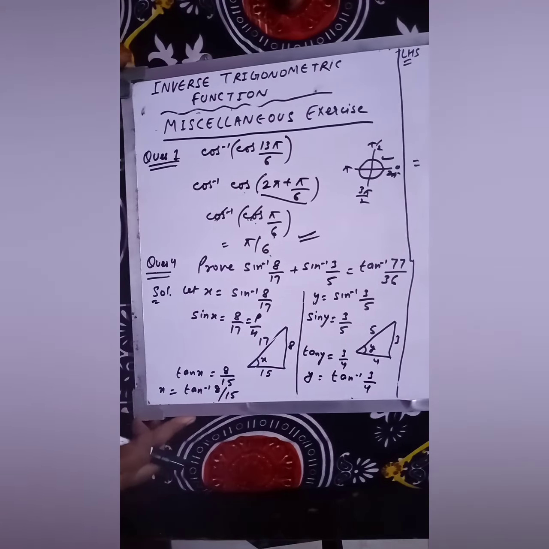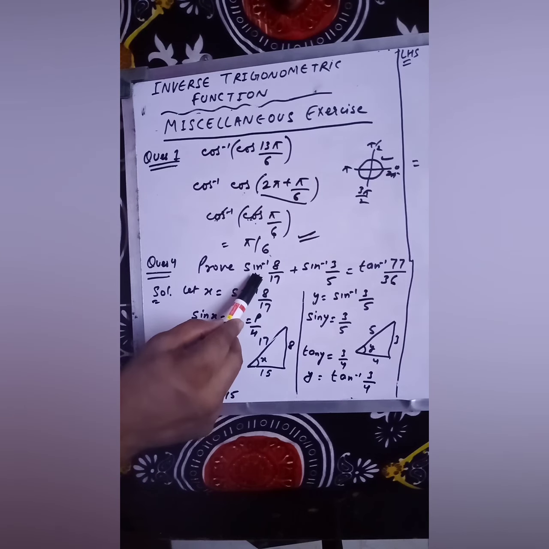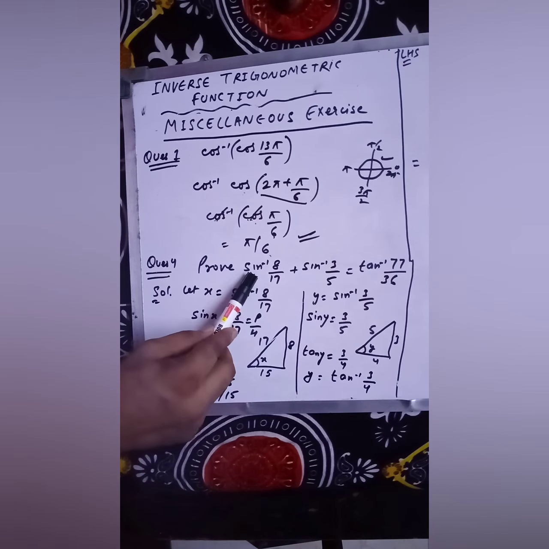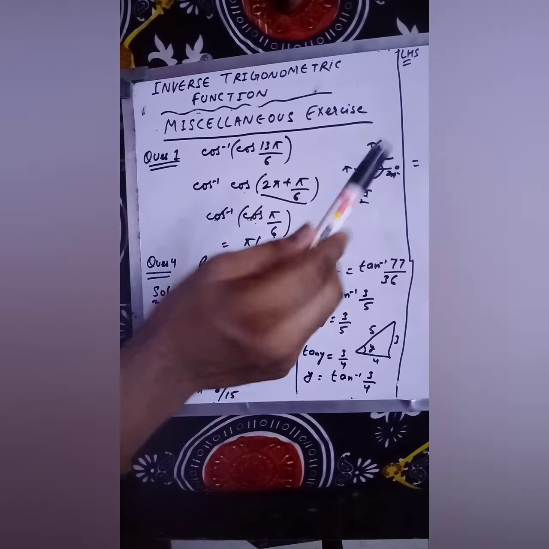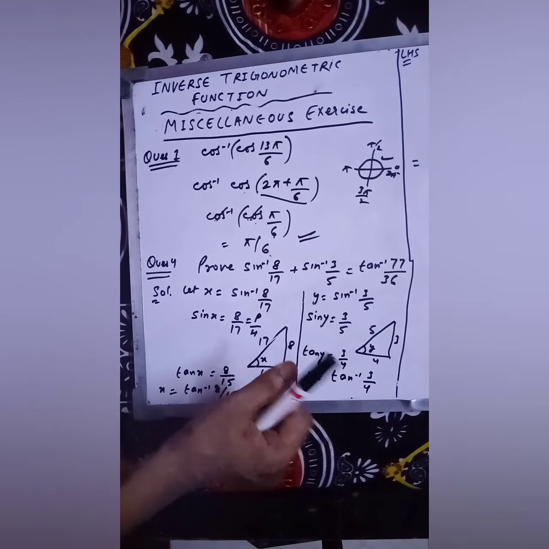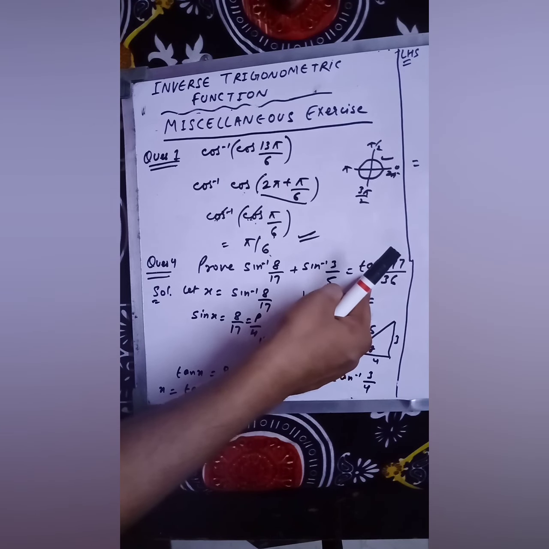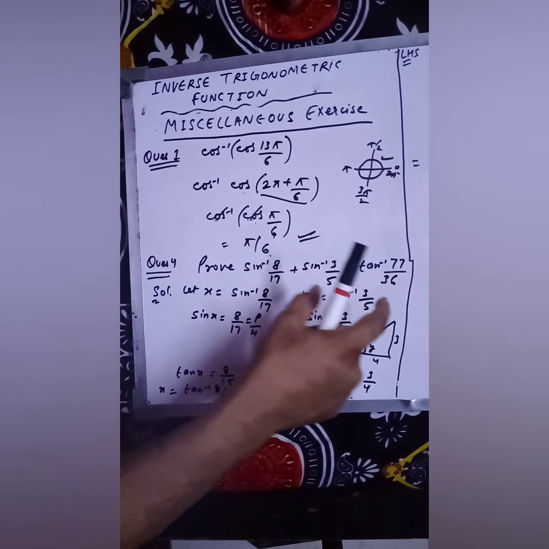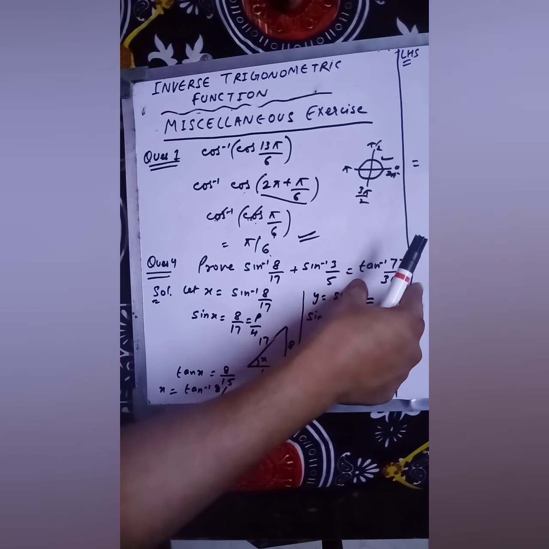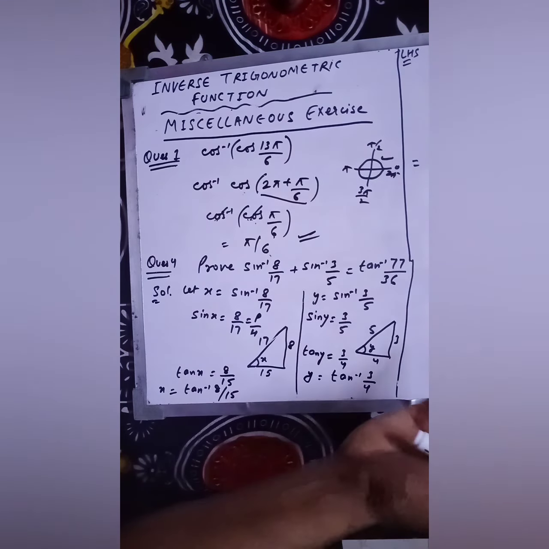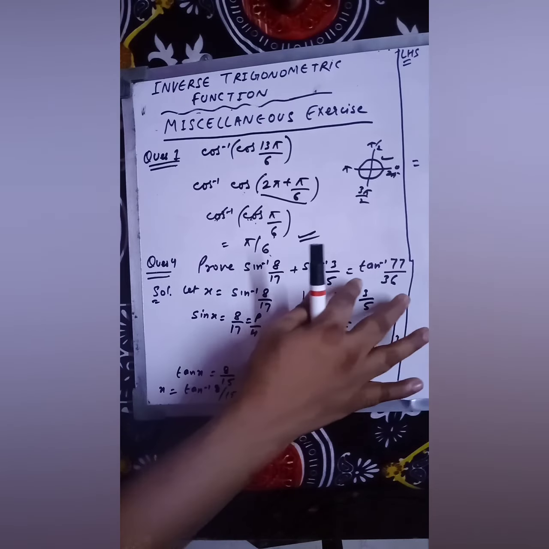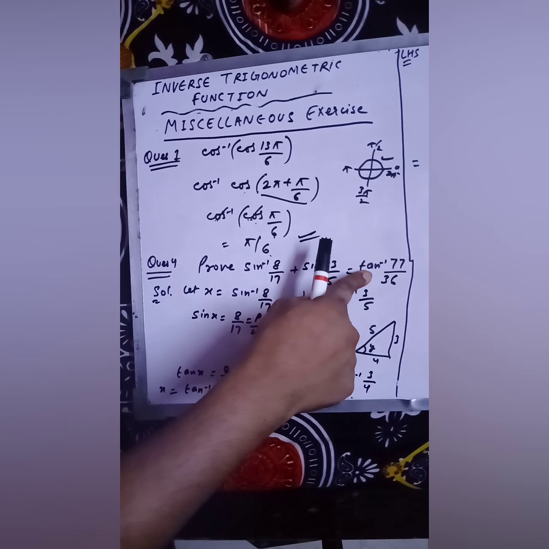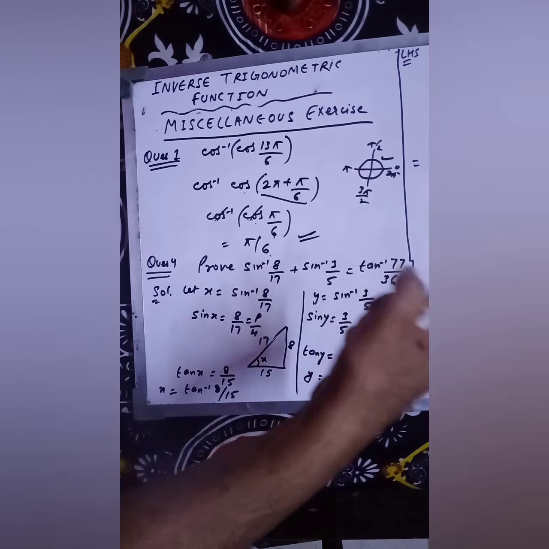See, suppose here cos inverse is given, or any other function except tan is given, then you have to convert all of them into tan inverse, and then simplify it. And suppose the right side is not tan inverse but cos inverse. First of all you have to solve this side, then you have to solve the other side also. Take the left hand side and right hand side, and convert that value into tan inverse. Suppose here it is cos inverse of something, then you have to convert this value into cos inverse also.